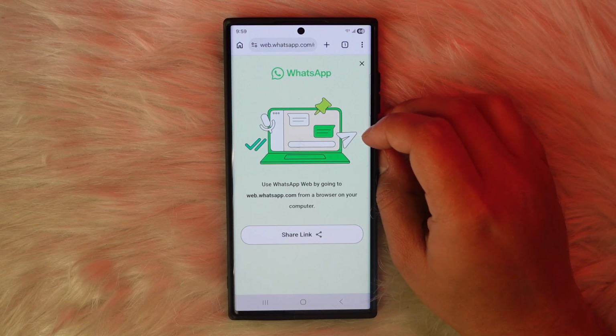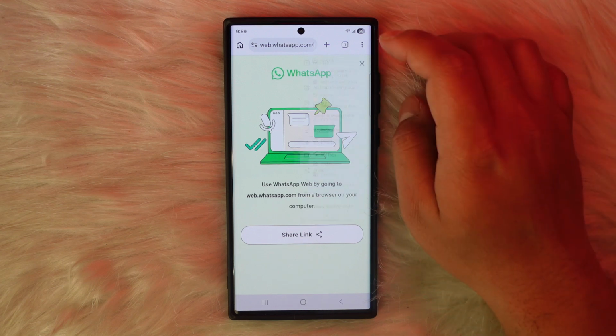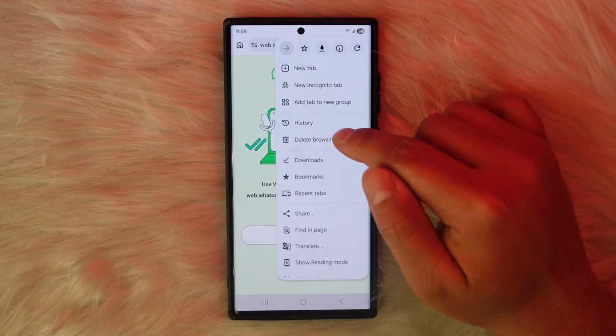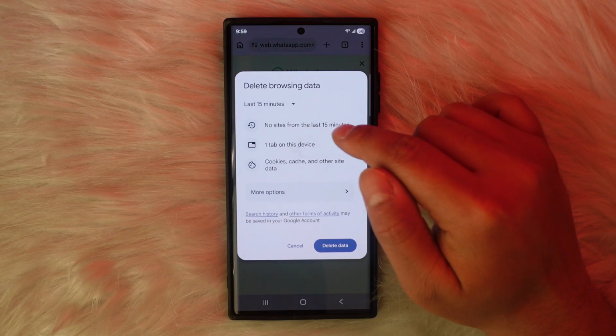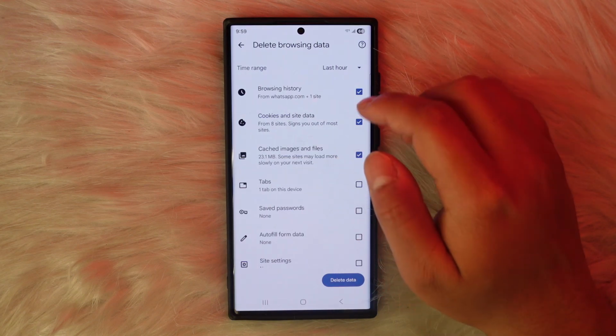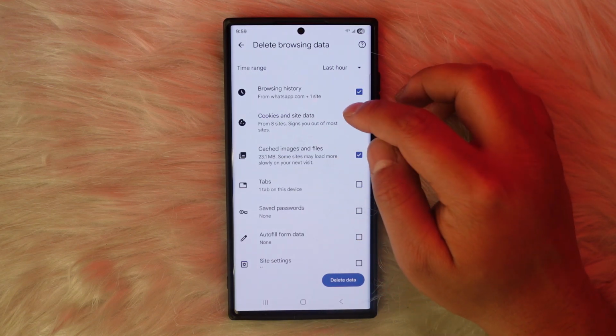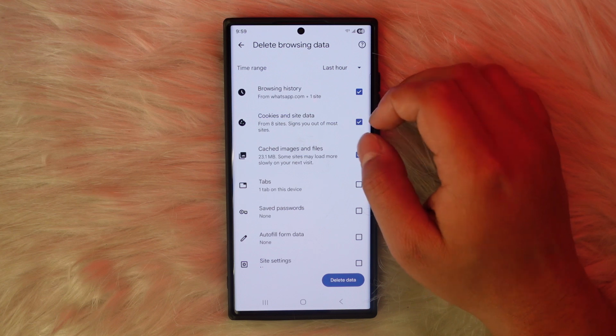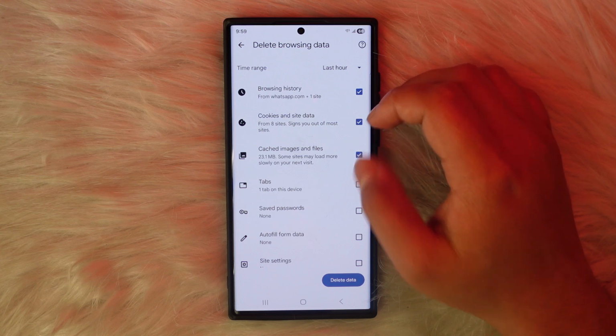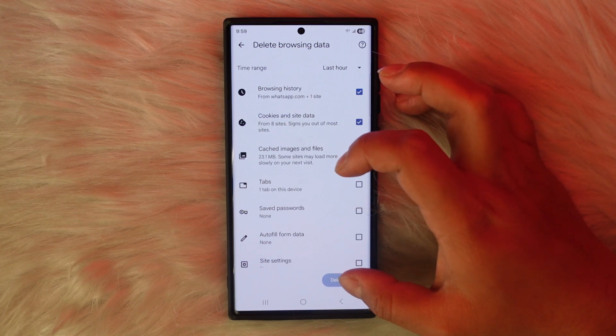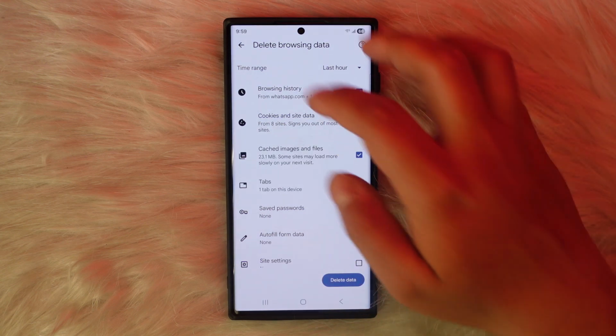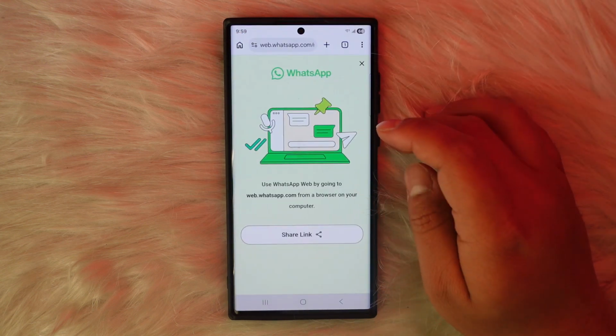If the issue is still not solved, the second thing that you can try out is to clear the browser cache or cookies. So tap on the three dotted line right here and then head over to the delete browsing data option. Head over to more options, and then right here you make sure that the cookies and site data as well as cached images and files are selected, and you can just tap on the delete data option on the bottom. After you make sure that this step is complete, try to see if you can now scan